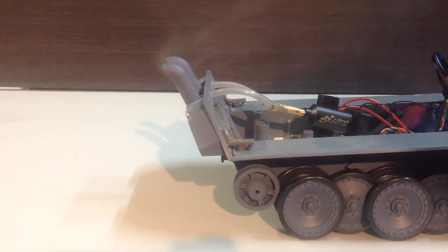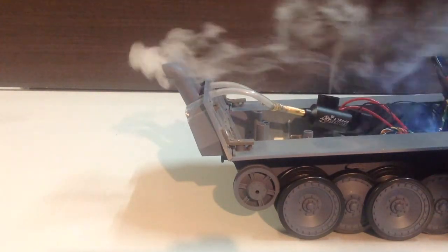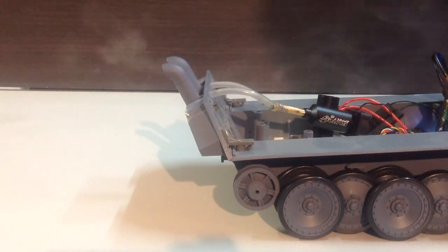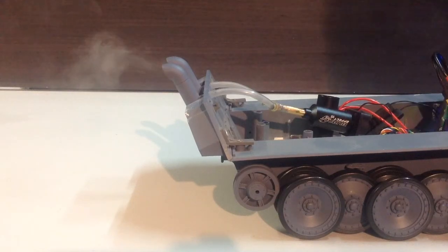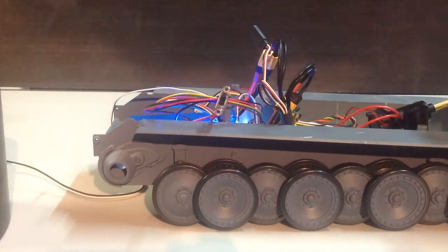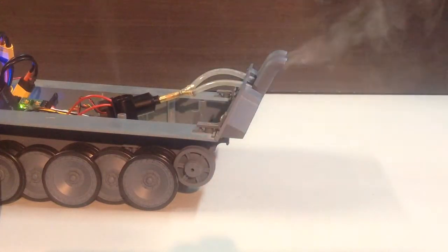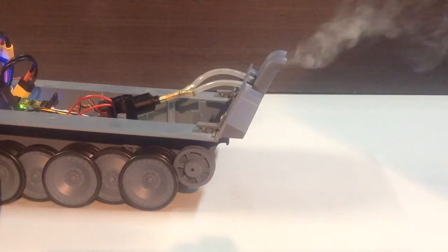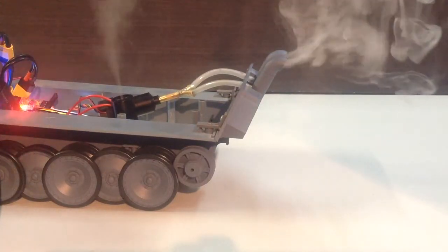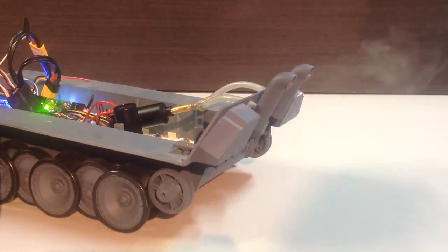So as we drive off, it is a shame I put it around this way. I'll just see if I can twist the tank around. It'll look a bit better with the smoke going the other direction. Should have thought about that before. There we go. Let's have a look at it now. So it does crank out a fair bit of smoke, the old Burn Effects. And as you can see there, we've got the puff puff,